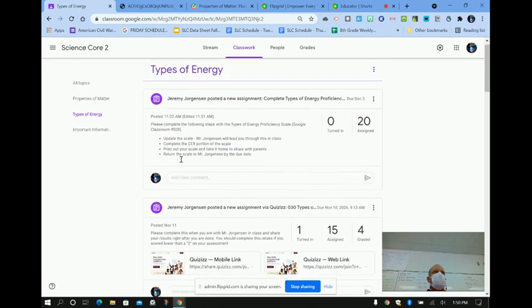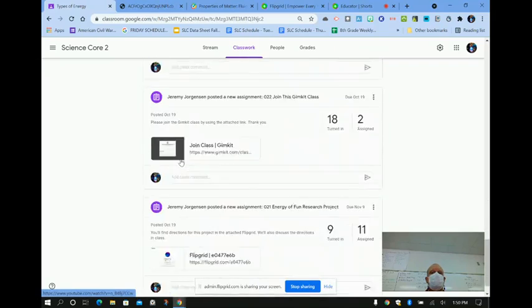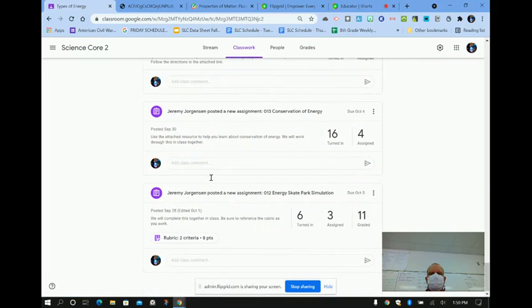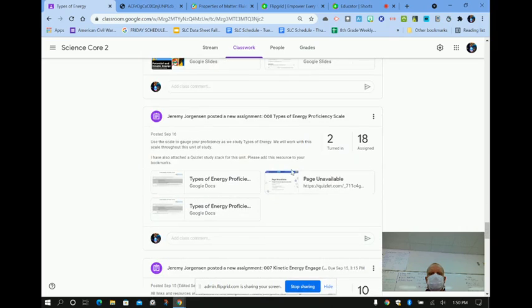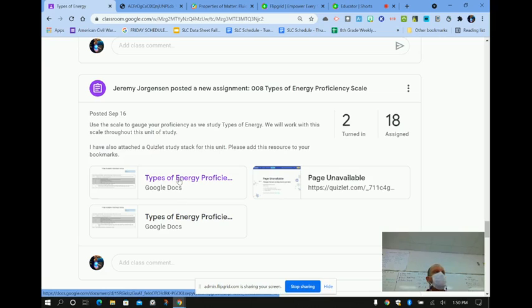If we scroll down together, we've got to go a ways. We're going all the way back to number 8 in our types of energy. And number 8 is called Types of Energy Proficiency Scale. We've done this before where we updated a few items. Remember, there is a teacher copy and there's a student copy. So if you open up your student copy now,